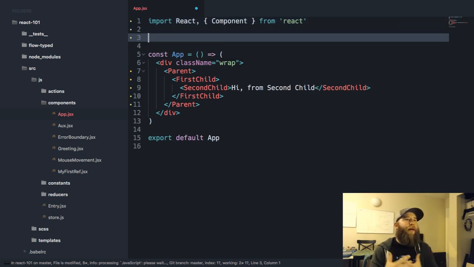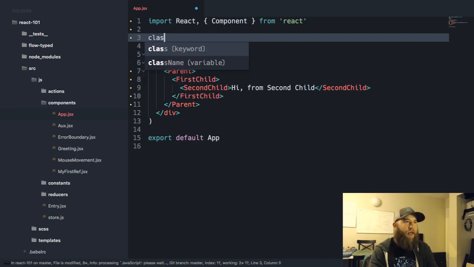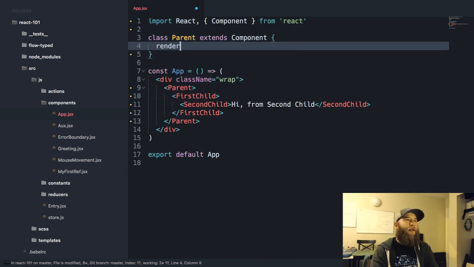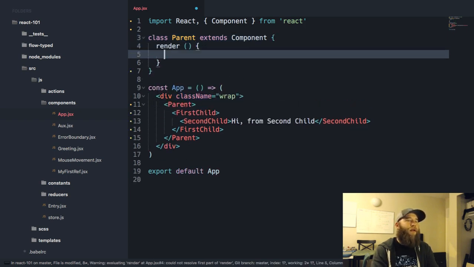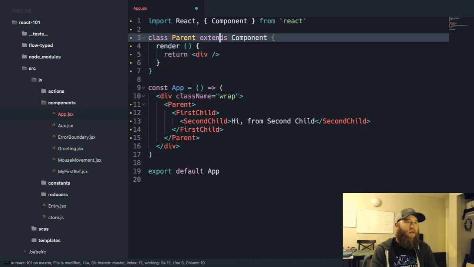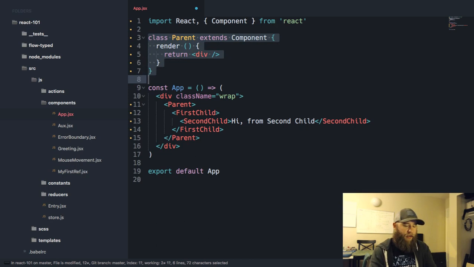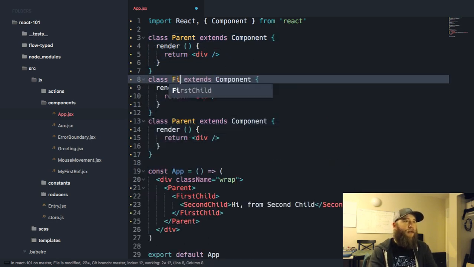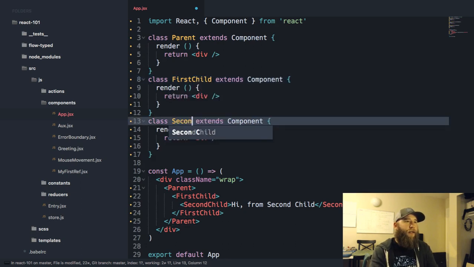Doing it all in one file is just a fast way for me to handle some of this. And we will render a div. All these will just do the same for right now, and then I'll update each one. First child, second child.